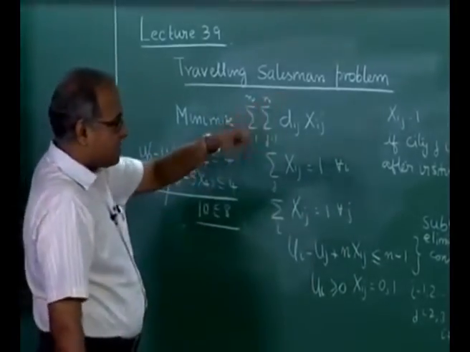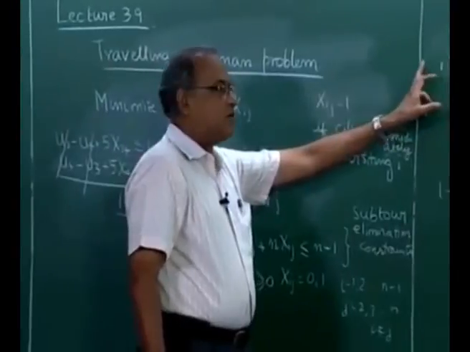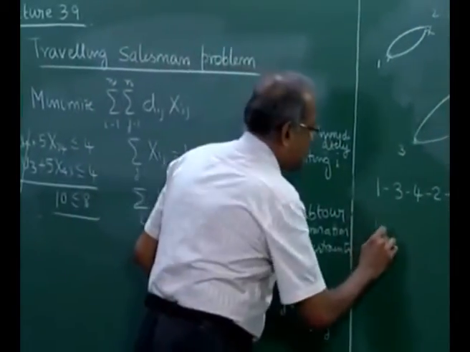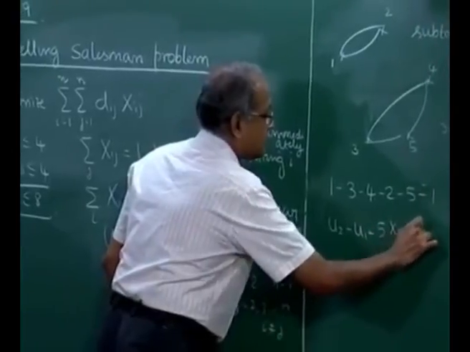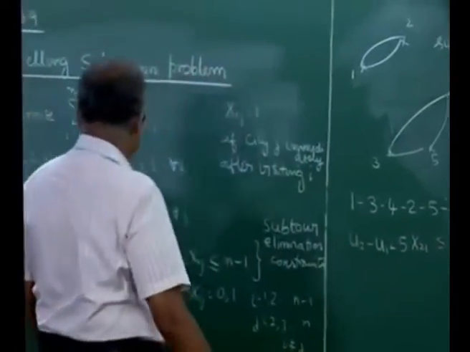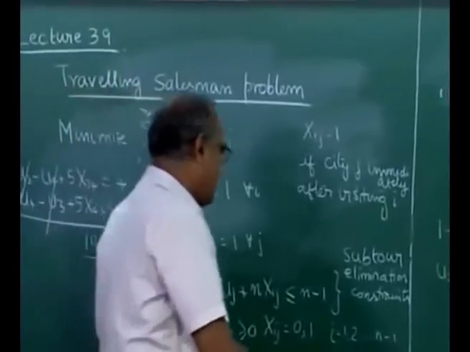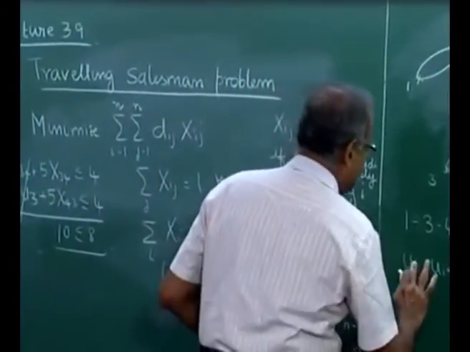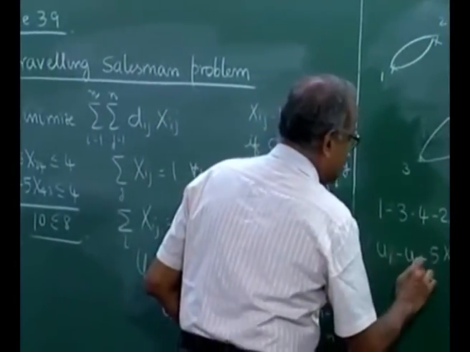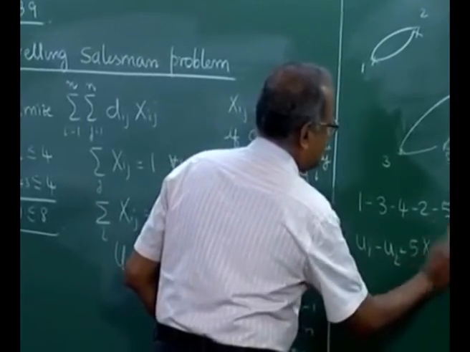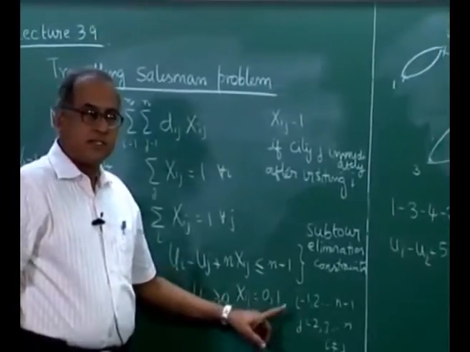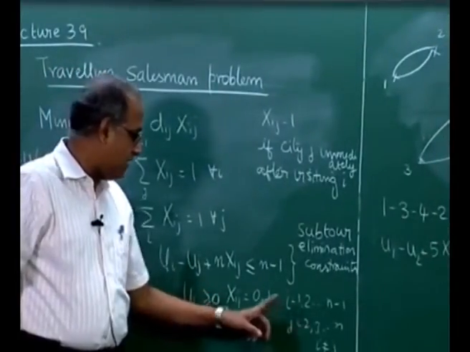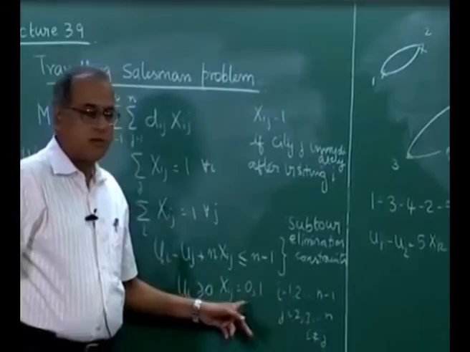For example, if we start writing for this, then you will get a thing like u2 minus u1 plus 5x21 is less than or equal to 4. In fact, u1 minus u2 plus 5x12 less than or equal to 4, but then you do not have a 2 1 because j is not defined for 1, so you will not get